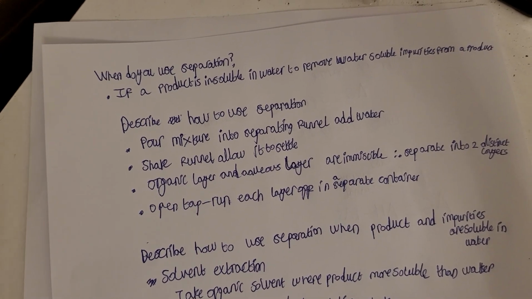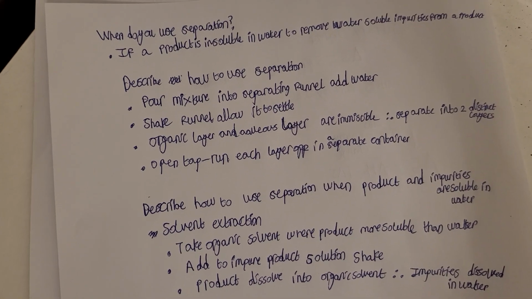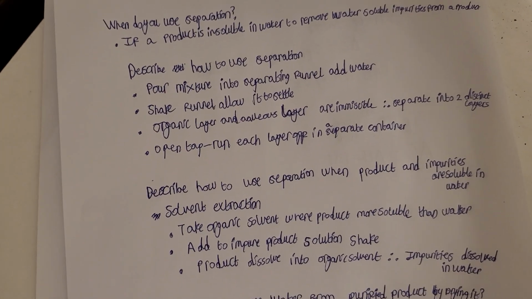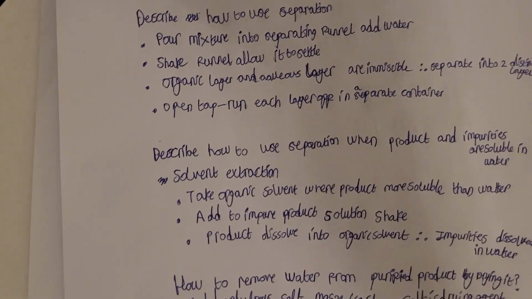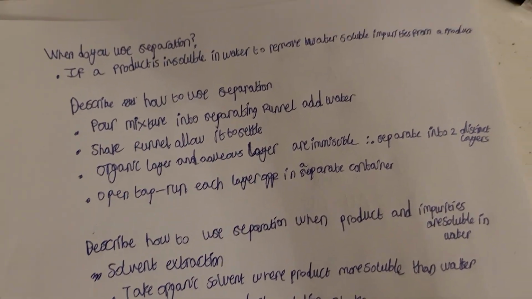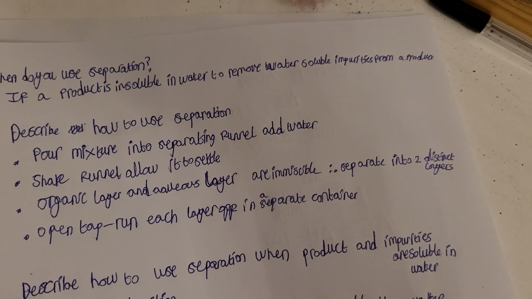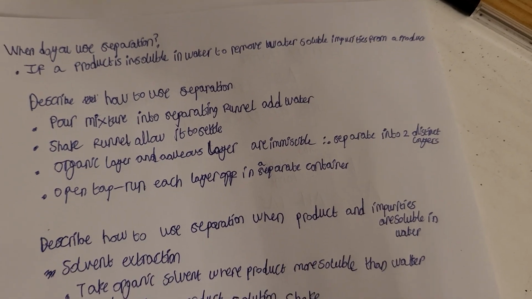We want to pour the mixture into a separating funnel. We want to add water. We want to shake the funnel to allow it to settle, and therefore we pour the mixture into the separating funnel. We've added water, we've shaken the funnel, allowing it to settle, and therefore the organic layer and the aqueous layer